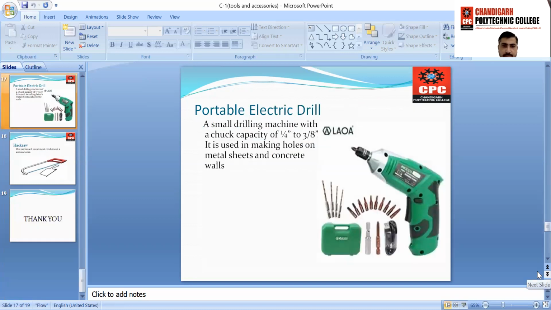The next tool is the portable electrical drill machine, a small drilling machine with a chuck capacity of 1/4 inch to 3/8 inch. It is used for making holes in metal sheets and concrete walls where the installation takes place.